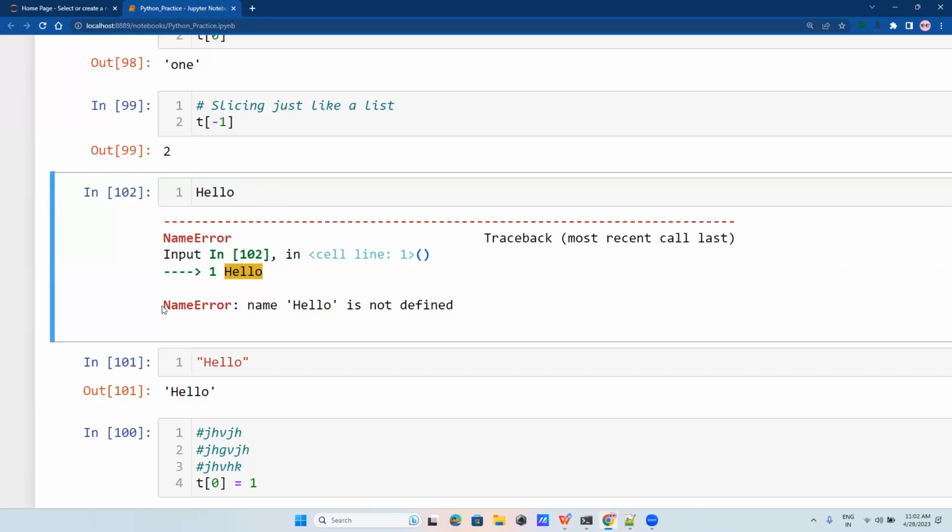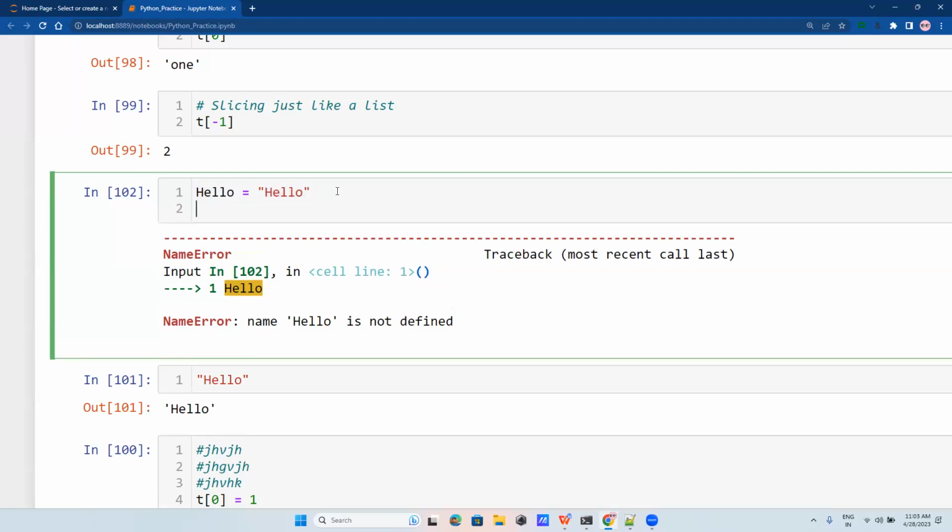The error name is called name error. So it is giving the explanation: name hello is not defined. That means when you are calling this hello, the structure is to be seen like a variable, right? So considering how we are creating the variables, with plain text, by not adding any information,